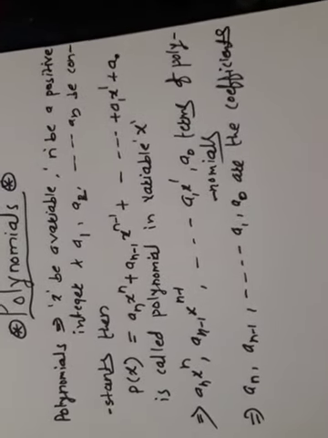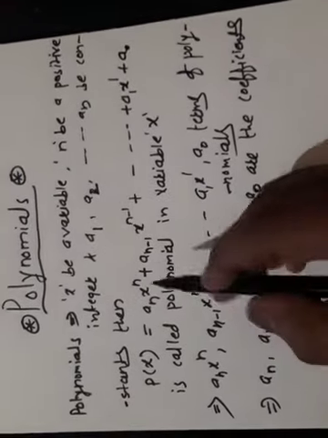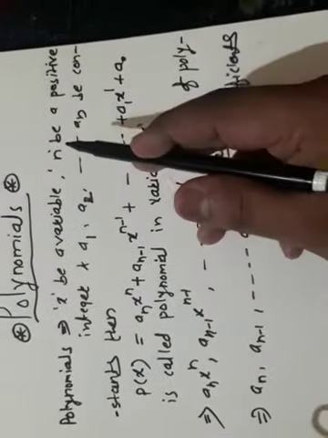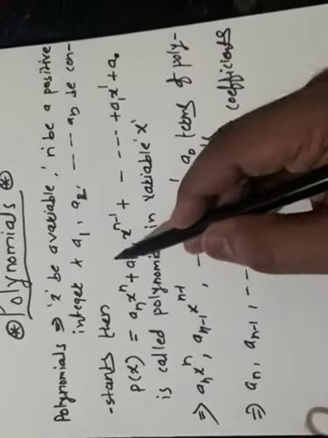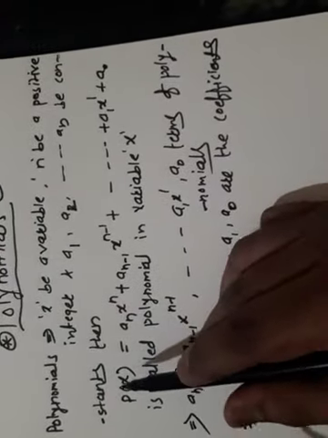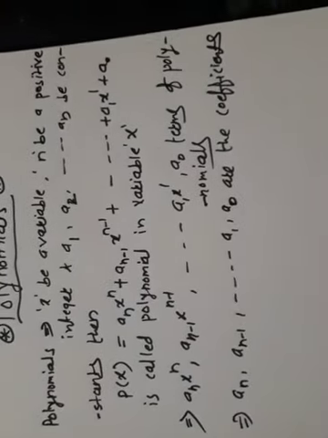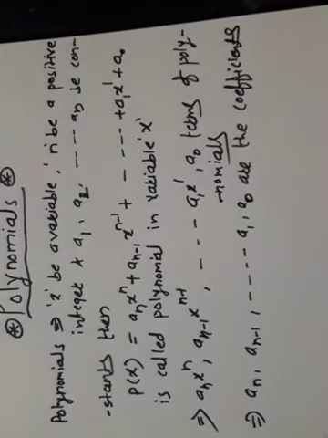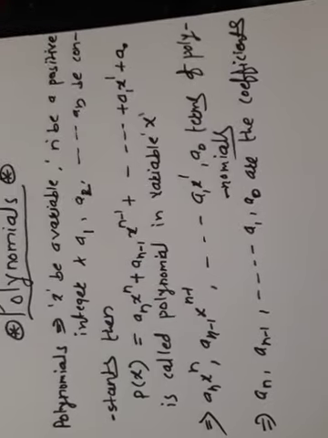Sometimes students get confused while learning the concept of polynomials, but you should not. Once again I will repeat what I did. For understanding the concept of polynomial, x is a variable, n is a positive integer, a1, a2 and so on up to an are constants. Then p of x, why have I written p? Because that is known as polynomial. This is the symbol of polynomial. Sometimes it is written as f of x. F is also used for polynomial, that is also correct. In some supplementary books you will also see f written instead of p, that is also correct, no problem at all. You should not get confused.